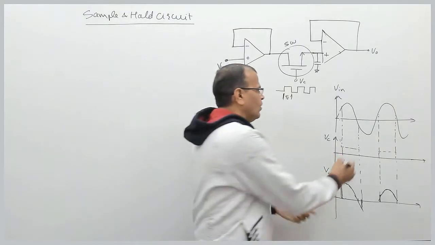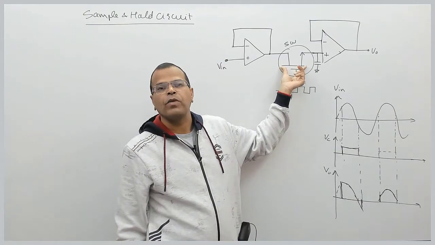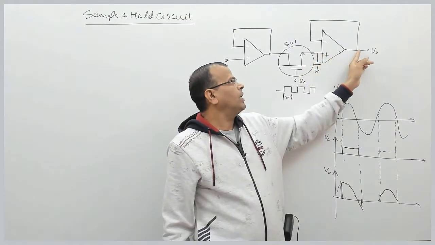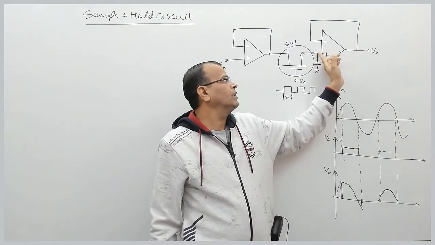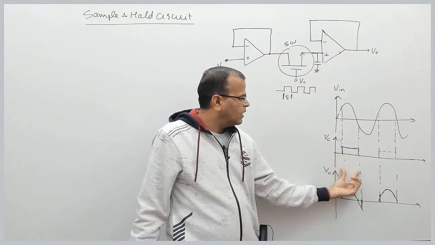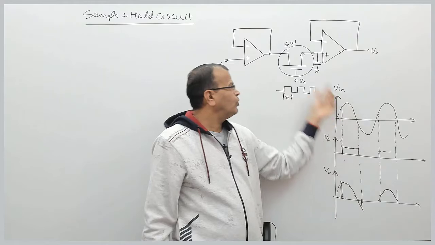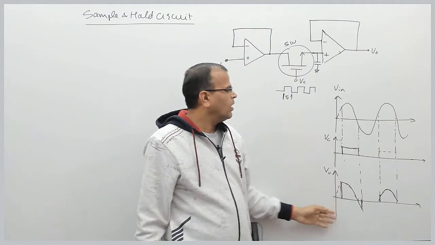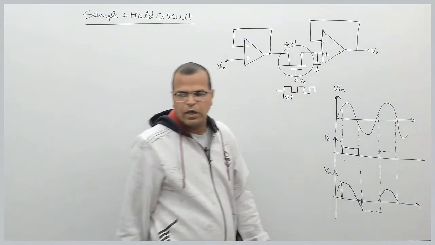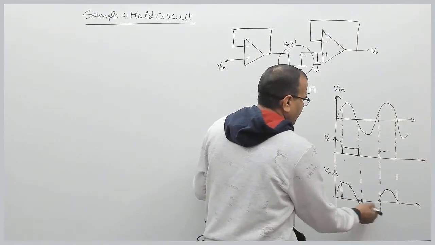So when this control signal is high, this switch, the MOSFET, is turned on, this signal reaches here, and the signal here is the same as here because it is again a voltage follower. So this input signal reaches the output when this pulse is high, and when the pulse is low, this switch is isolated. So the output is basically the last value of the signal like this. It will be holding the last value of the signal. I have not shown that, but definitely it will hold the last value of the signal like that, right?